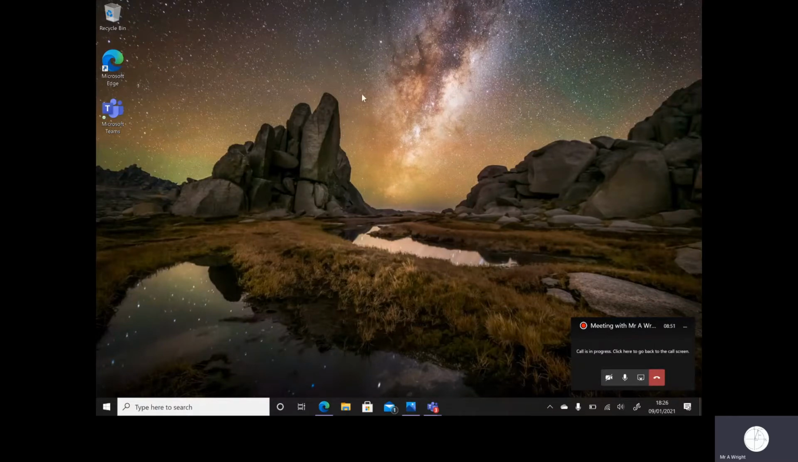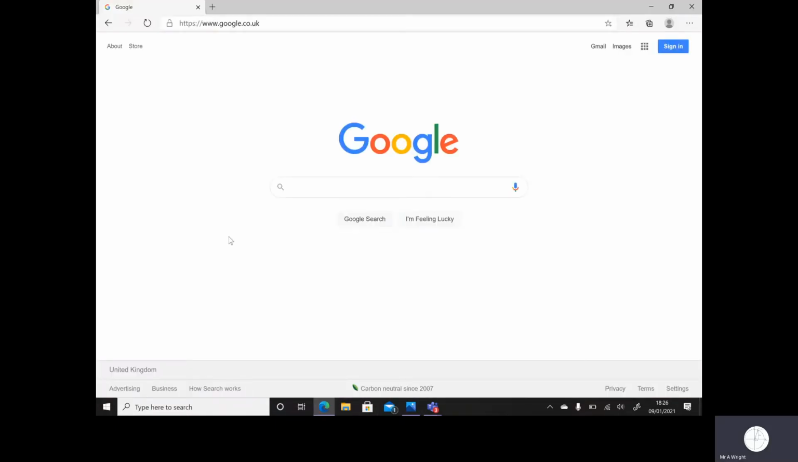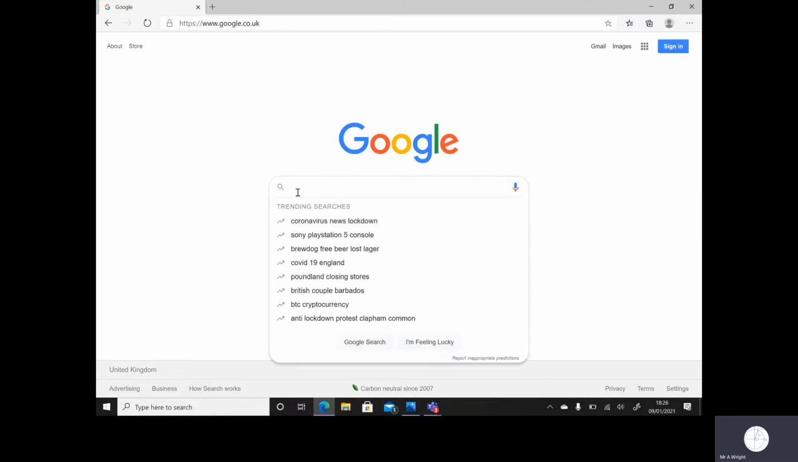This is my desktop screen. This is just my PC, my computer, and I use Microsoft Edge, but you might have a browser called Chrome. I'm just going to click on my Edge browser, and my splash page, the page that I get to originally, is Google. That's a really handy page to start with